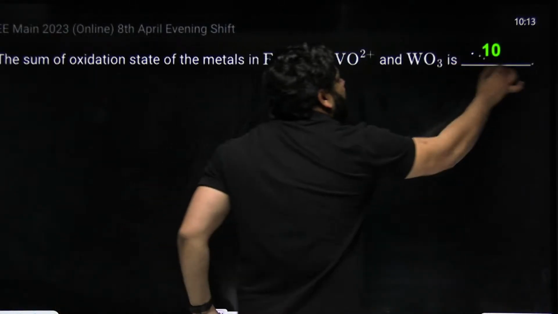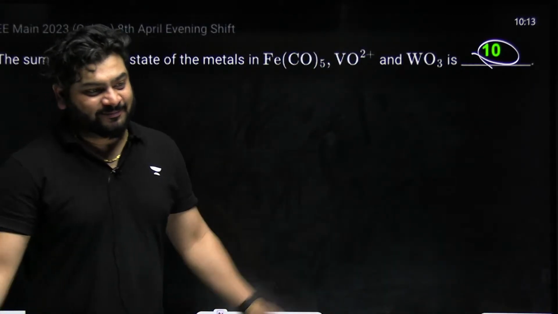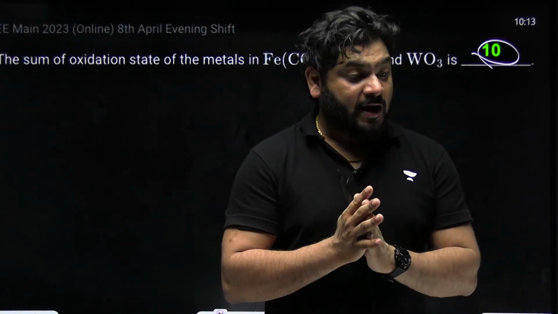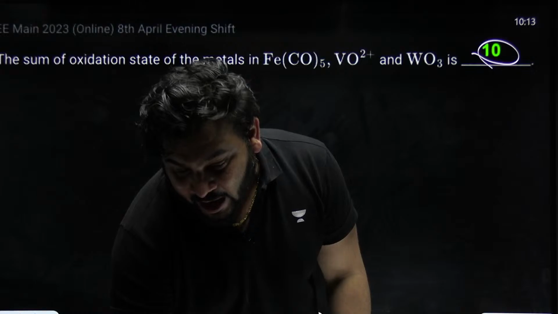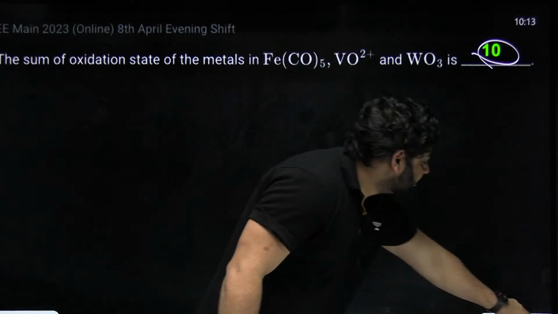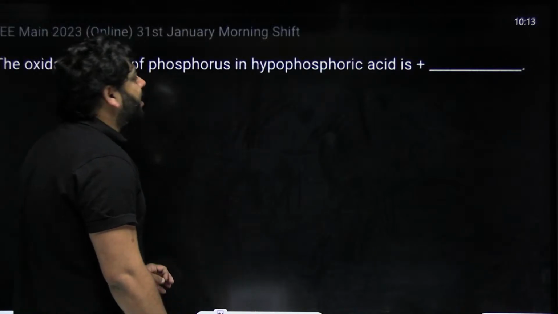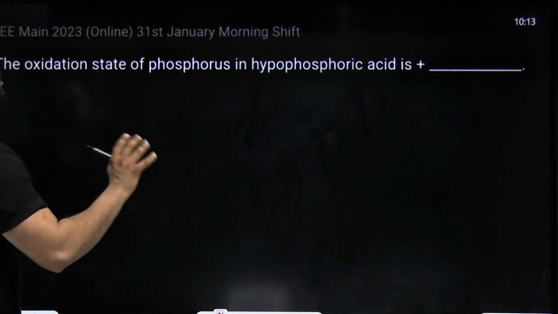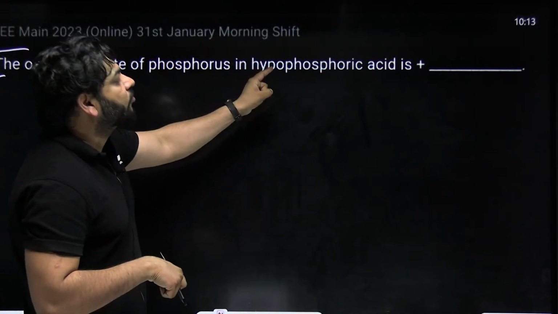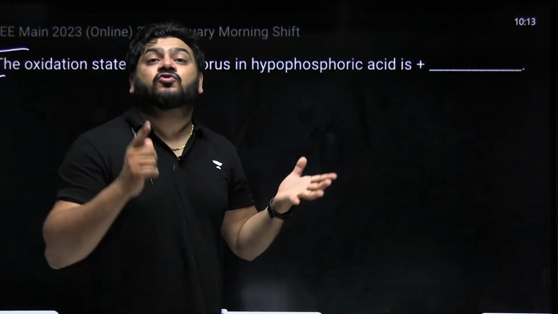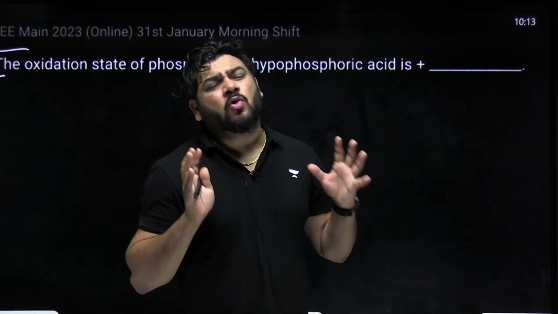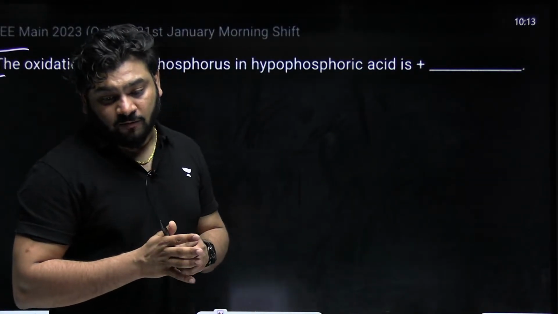10 is absolutely fine. So anyways, we only need to get the idea about the compounds which you are having, and if we know the molecular formula, then everything is absolutely fine. Let us come to the next question we have. So guys, this is all what we need. I gave you so many good questions on oxidation state of phosphorus. I gave you phosphoric acid, phosphorus acid, hypophosphoric acid, and so on. I have given you so many good examples, right? So we have the next question,